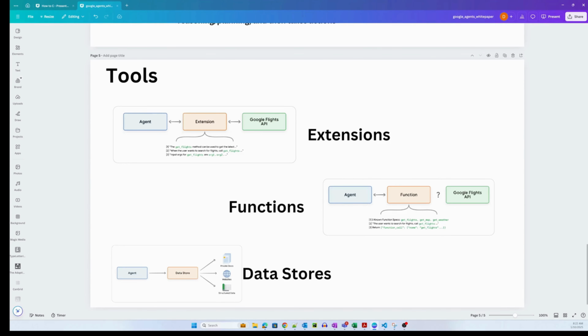Google talks about in the functions, right? Basically what it says is that in software development, functions are reusable modules of code designed to perform specific tasks. Developers define the logic for when to call a particular function, what input it requires, and the expected outputs. In the world of agents, functions operate similarly, but the decision making is handed over to the model, right? The model essentially uses a set of predefined functions, the example that we just saw, determining which function to invoke and with what arguments based on its specifications.